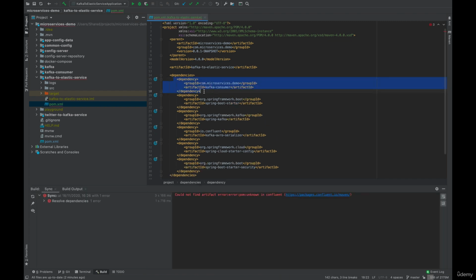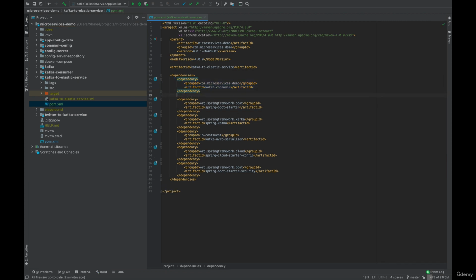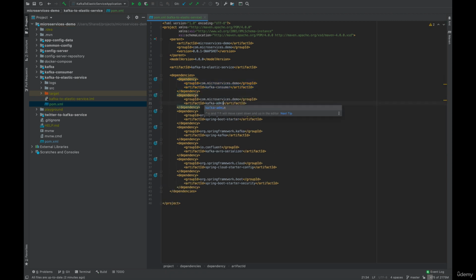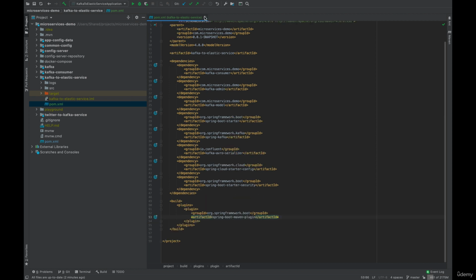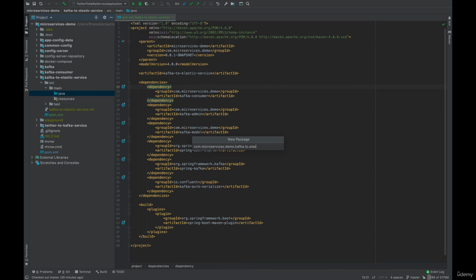And finally, from local dependencies, we need Kafka consumer, Kafka admin, and Kafka model. Let's also add Spring Boot Maven plugin without the build-image goal to be able to create a runnable jar file. Then let's create a package com.microservices.demo.kafkatoelasticservice,